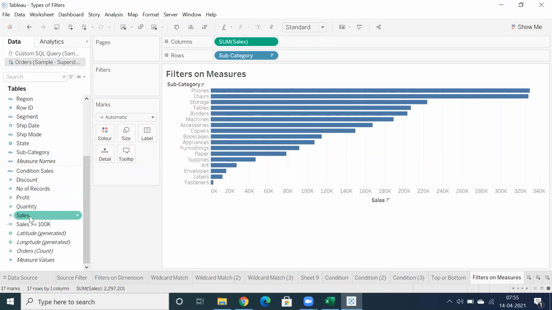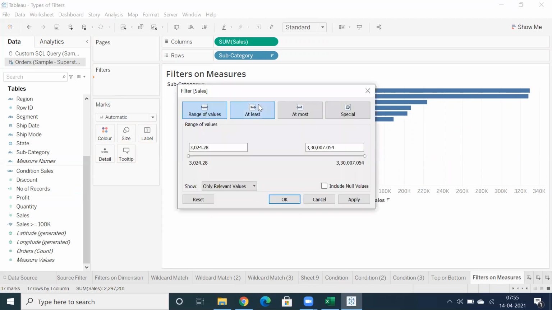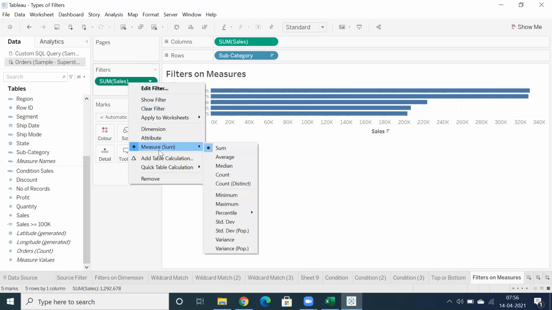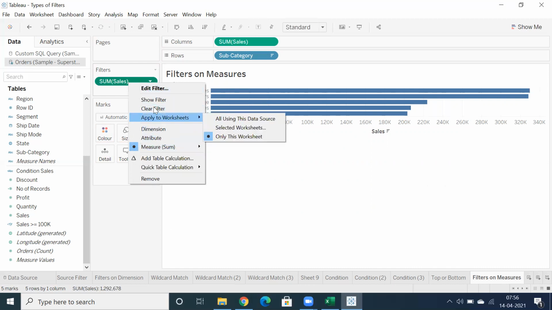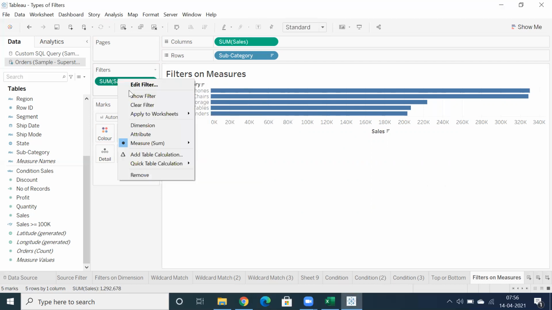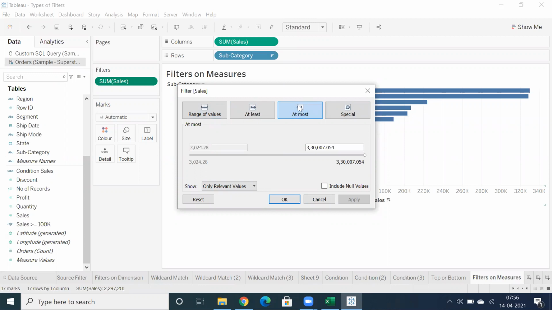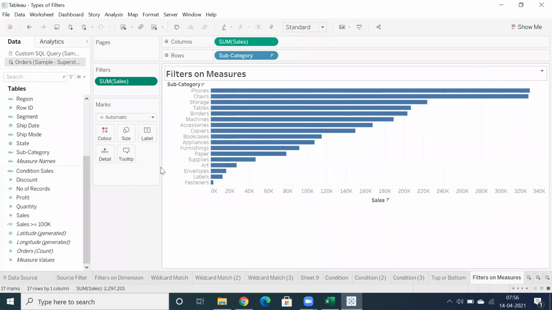So let me drag and drop sales into filter. Why is it showing only top 5? We're getting at most. Okay, let's see here, show filter.